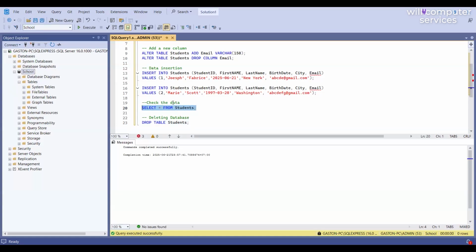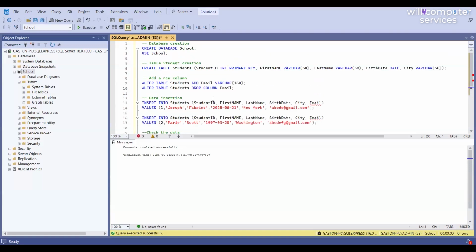In the next session we will only focus on data manipulation language. This was an introduction session for you to know about databases, RDBMS, how to create a database and all. So now that we did this mini hands-on exercise, let's